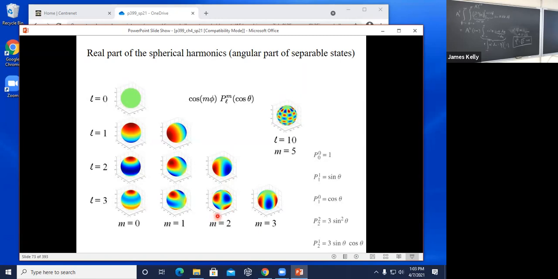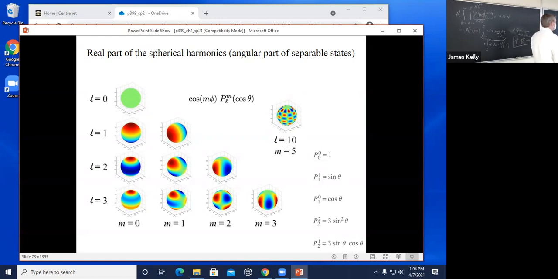And as it's going around, this e to the i m phi, where m equals 2, is oscillating around, and its real part is going positive and negative and positive and negative as you go around. So you can kind of get the idea that as M gets bigger, it oscillates more quickly as you go around in that direction. And as L gets bigger, it oscillates more times as you go from the North Pole to the South Pole. That's the general kind of idea. Okay. So that's telling us what the angular part of a wave function is doing for different L's and M's,